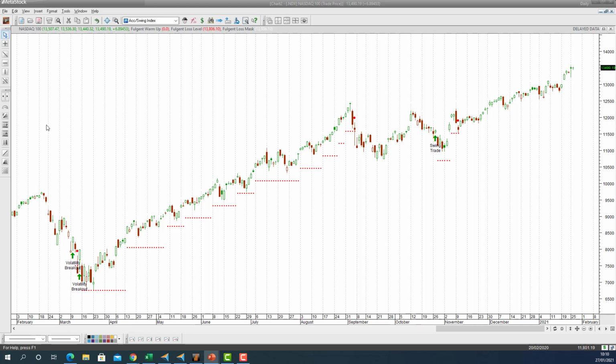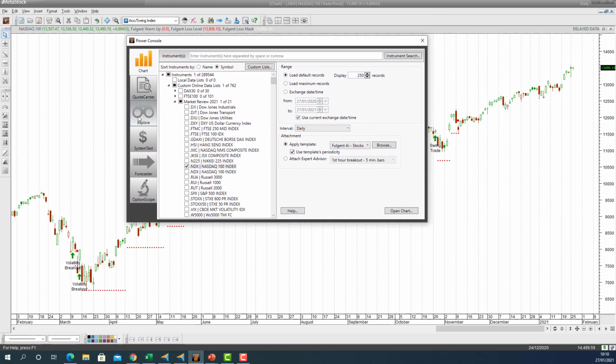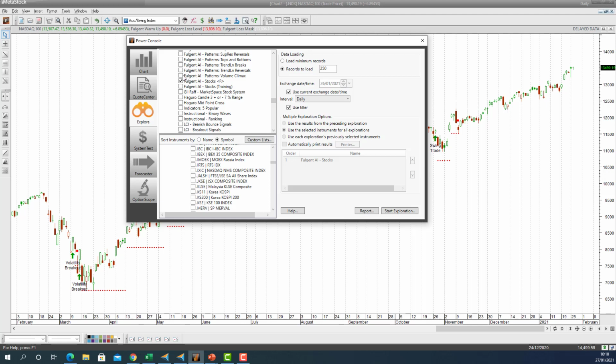I've got the Metastock platform open here, and we're going to load the System Explorer. Can click that there. I've made sure I've ticked the Fulgent AI, and I'm going to now scroll to the Nasdaq 100 index constituents. Just make sure I don't have anything else clicked. Let's make sure we don't have too many stocks clicked. Alright, so let me just go to right, and we start the exploration,